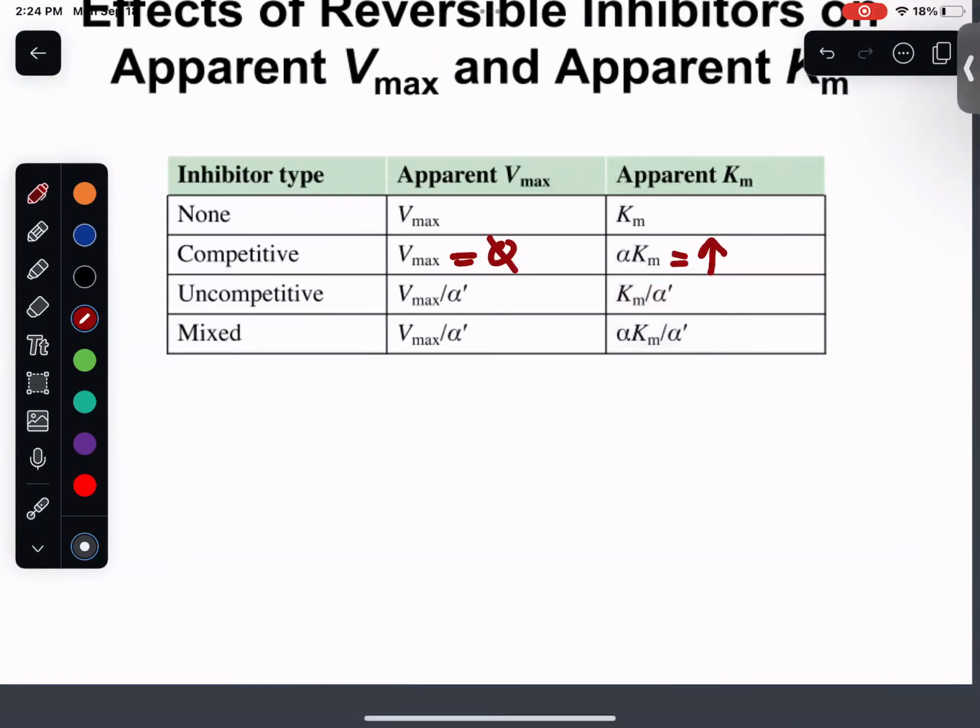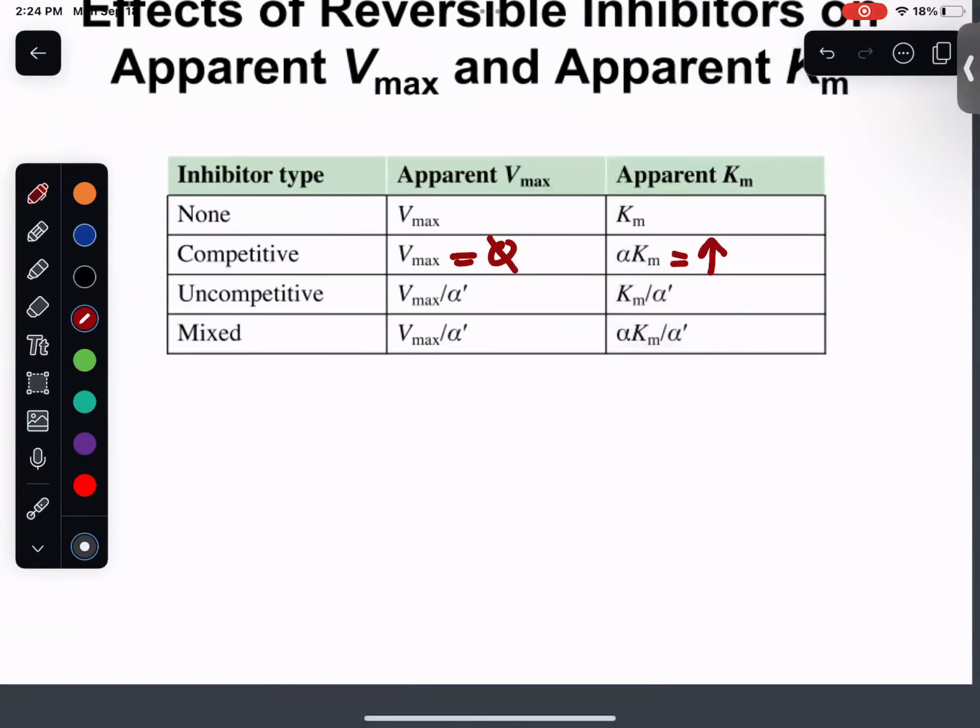Okay, I'm also going to include the chart that I made at the end of this presentation, and you guys can refer to that as well. But you know, just break it down into some simple parts. We don't have to get too crazy about it. Okay. That was all reversible inhibition. That's the really hard part.